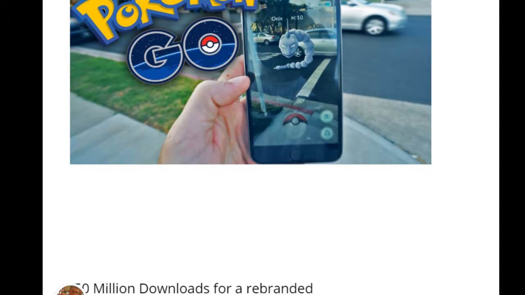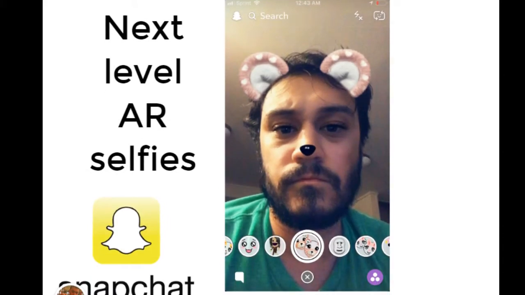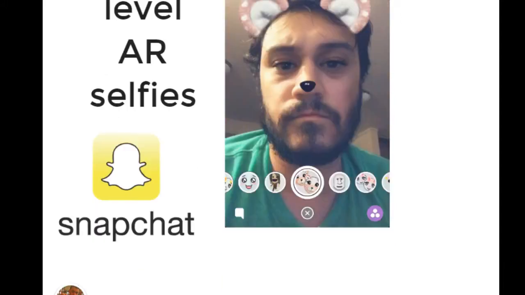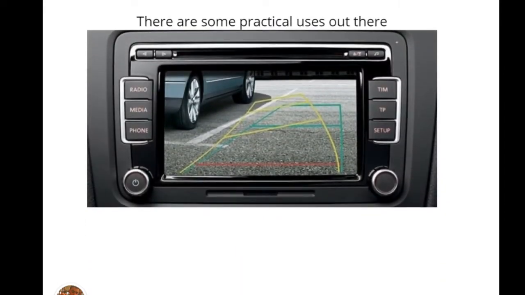I know people were playing here earlier. Yep, looking at you over there. We also did this. Next level selfies. This is a lot of people's also experience with AR. And both of these are kind of not something that tout themselves as AR. They're more fun. You know, they're a game, or they're a way to change your face for whatever reason and share. And then it's fine. They are what they are. We also have some practical applications that I find more interesting.